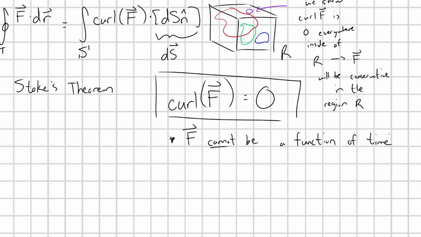Your force field also can't change with time. I've been assuming that the force field in this video has just been static. So really you have these two conditions here. I'll talk about how to actually compute curl in an example problem in the next video, but it's more or less just taking your nabla operator and crossing it with your field F,